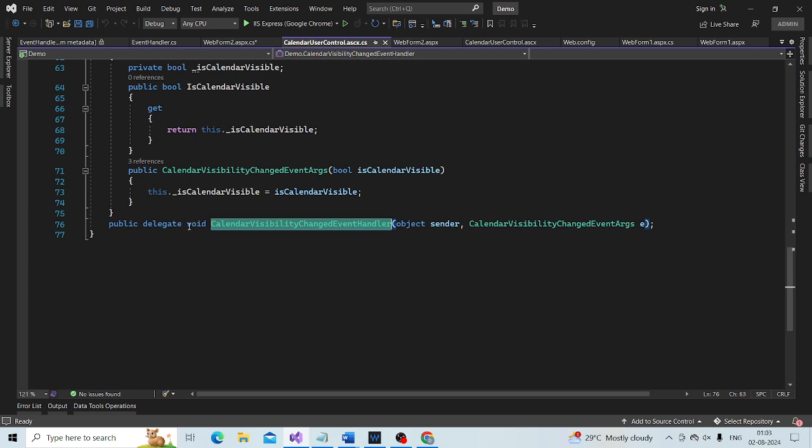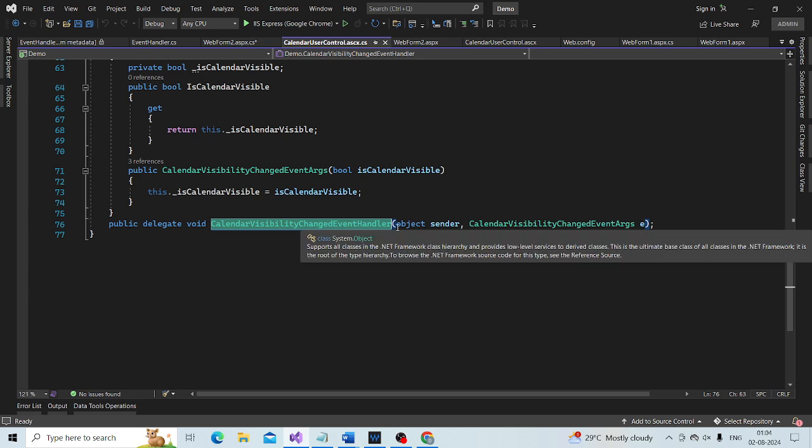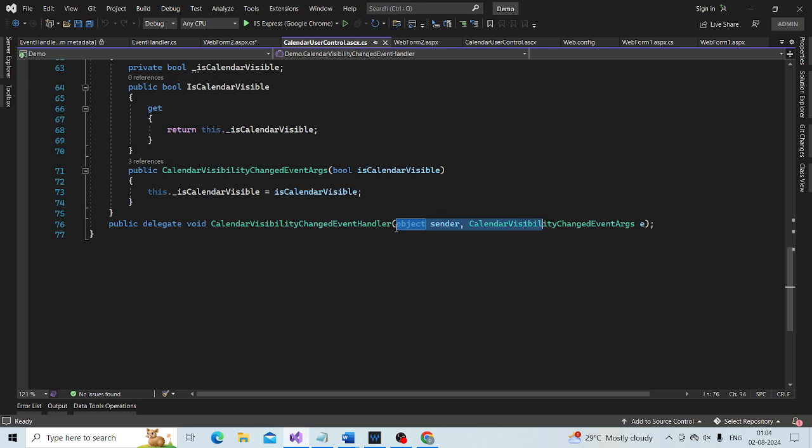It also has return type void and two parameters of type object and CalendarVisibilityChangedEventArgs. So it is very similar to what we want to do.